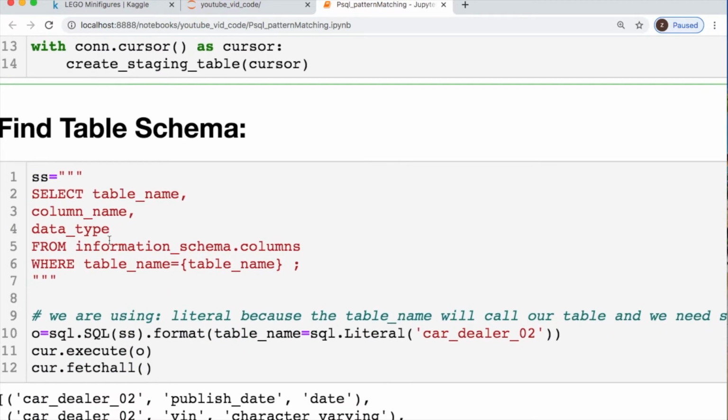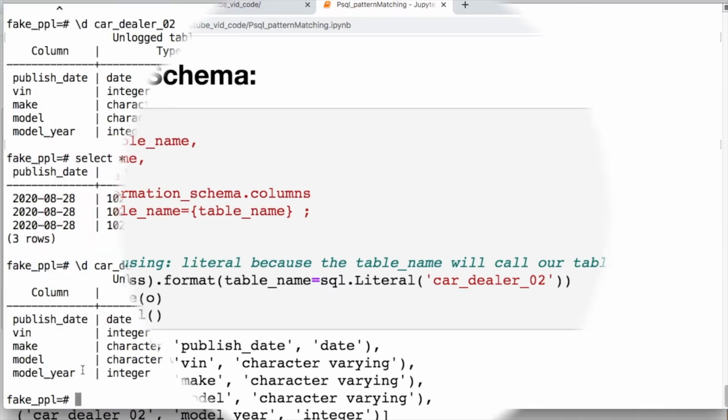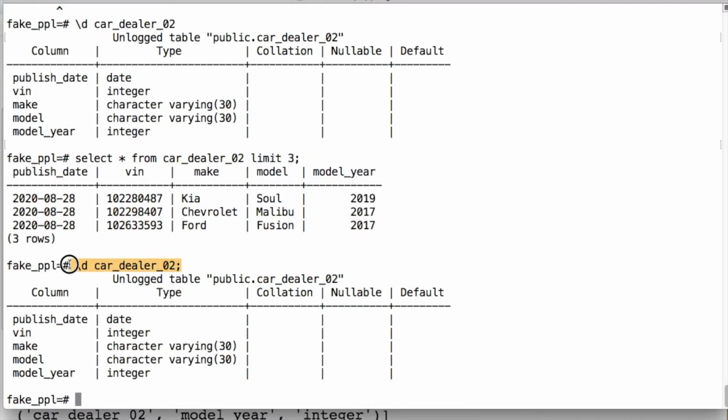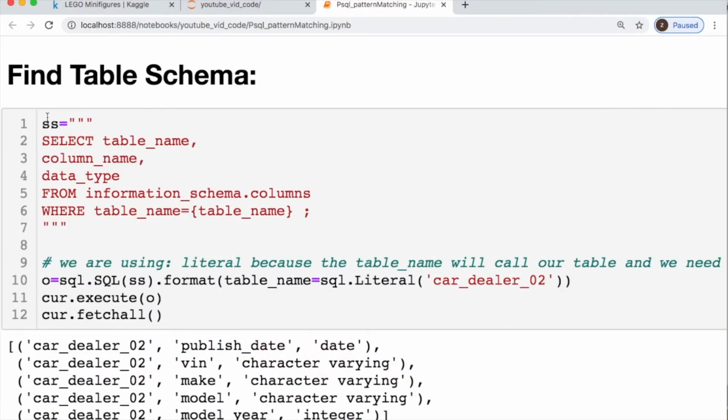And what I wanted to look at first is if you were looking at Postgres, this is all you have to do to describe a table, all right? And we can see what the data types are. But you just can't do that when you're using psycopg2. You don't have the same utility that you do in a terminal. So you have to do a little funky manipulation.